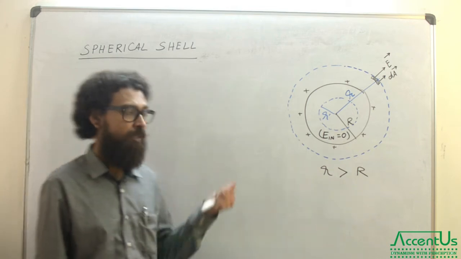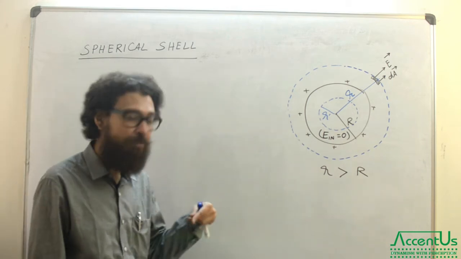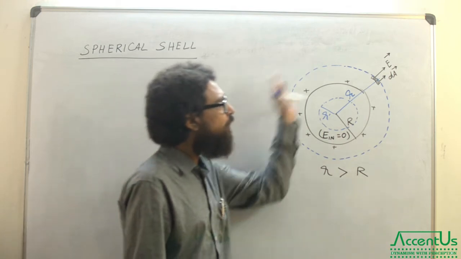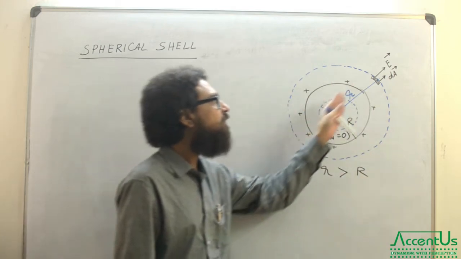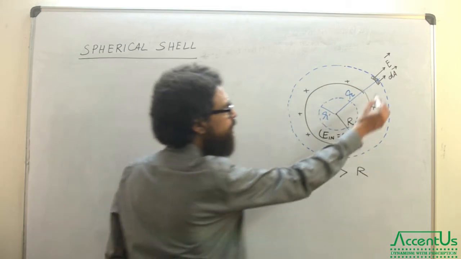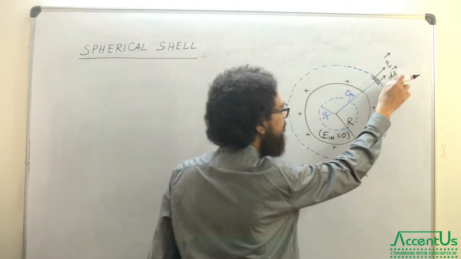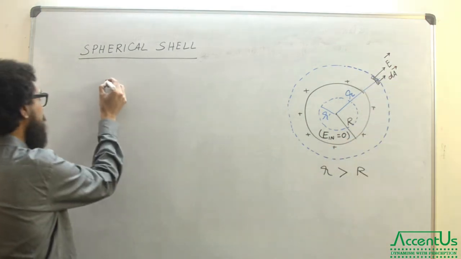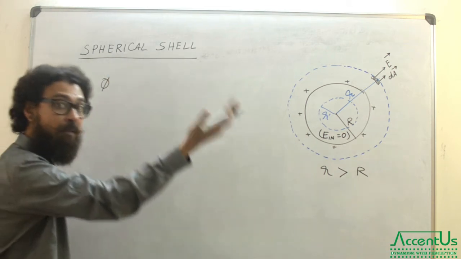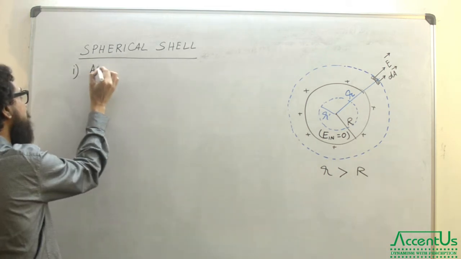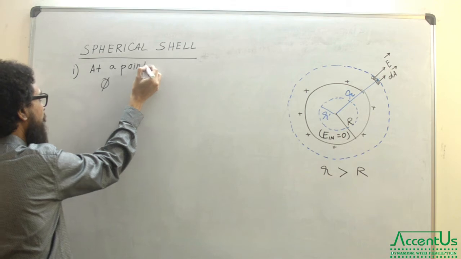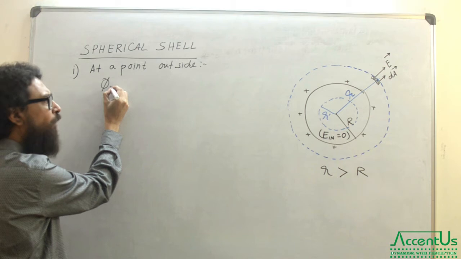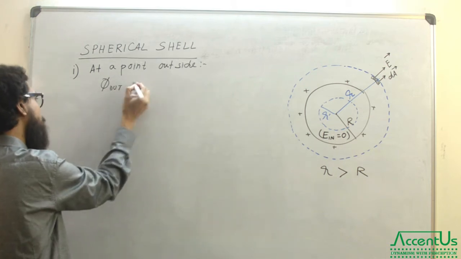So now we have two things, and one is on the surface. I am coming to it, but the most important is that we have a Gaussian surface which is enclosing the total charge, at a distance small r from the center, and we have a small elementary area dA, and the electric field is also here, which are parallel, so everything is fine. So what is the flux here for a point outside? So phi 1, let us say, outside, or phi out also can do.